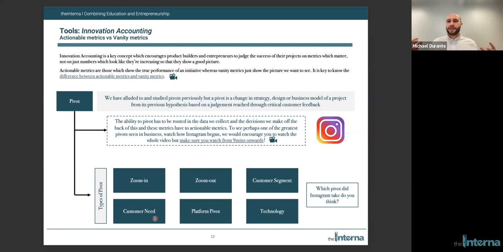Whereas in fact, what Instagram did so brilliantly well was they said, actually, it's just one feature out of everything that Bourbon offered. One feature really attracted customers. That was what they were massively interested in. Just the filtering of photos, uploading photos, doesn't matter whether you can check in, do everything else. It was really just, can we make a photo look nice? And by focusing on that, they then